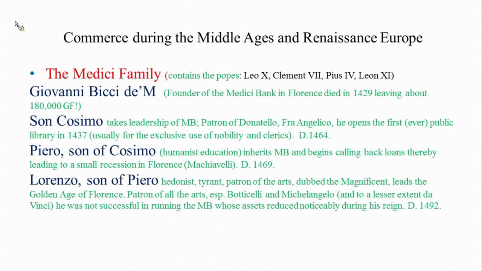His son Cosimo takes over leadership of the bank. He turns out to be the patron of Donatello, Fra Angelico, all these famous early Renaissance artists in Europe. He opens the first ever public library in 1437. Thank goodness somebody did that, because otherwise we wouldn't have what we have now, you know, universities with open libraries. Usually these libraries were for exclusive use of nobility. Kings have their own libraries, and clerics. You have to be a priest or a monk. So this is a brilliant idea by his son Cosimo de' Medici, who opens up the first ever library,